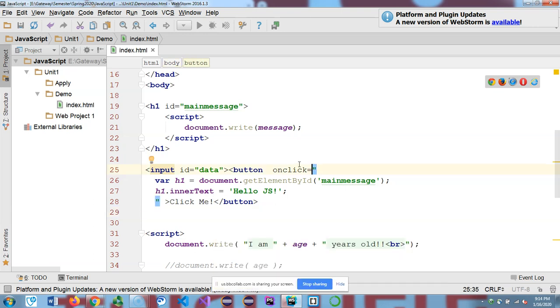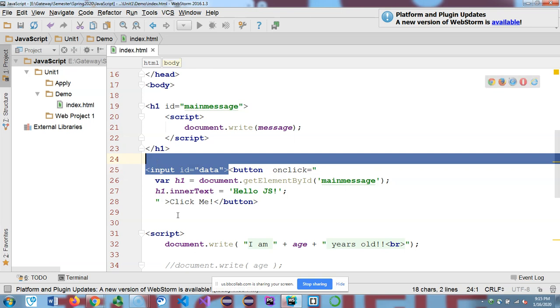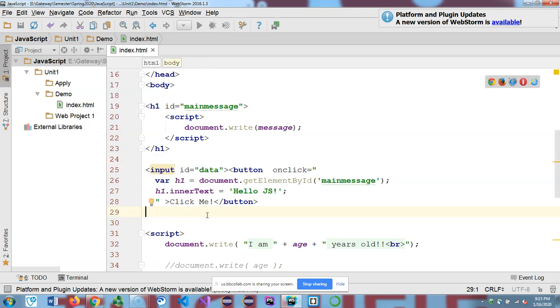It's assigned to a click event. It only fires when I click the button. This input here, I just put it there, we didn't do anything yet. We'll do it in a minute. So if I save it now,